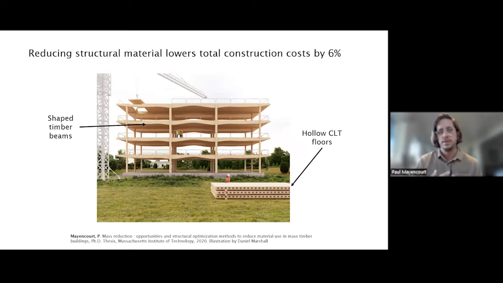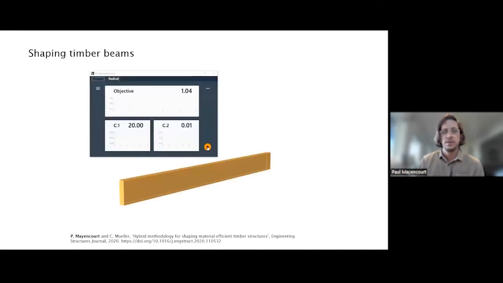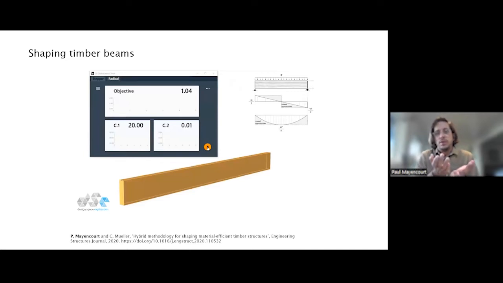So if you apply these technologies to a mass timber building, it could become a cheaper option than, say, steel or concrete. So this is exciting in that if we could push for these technologies to be deployed in construction, it would be easy to convince clients or developers to use mass timber because it would be, if not cost competitive, cheaper.